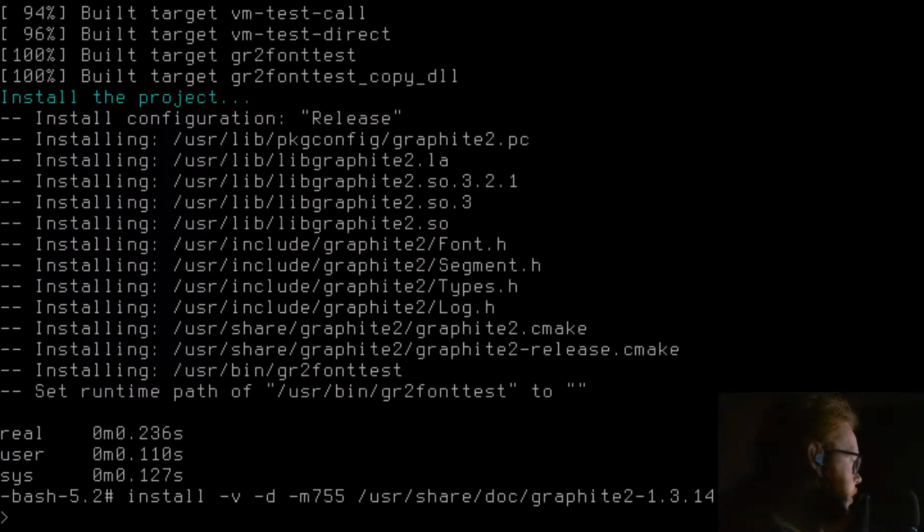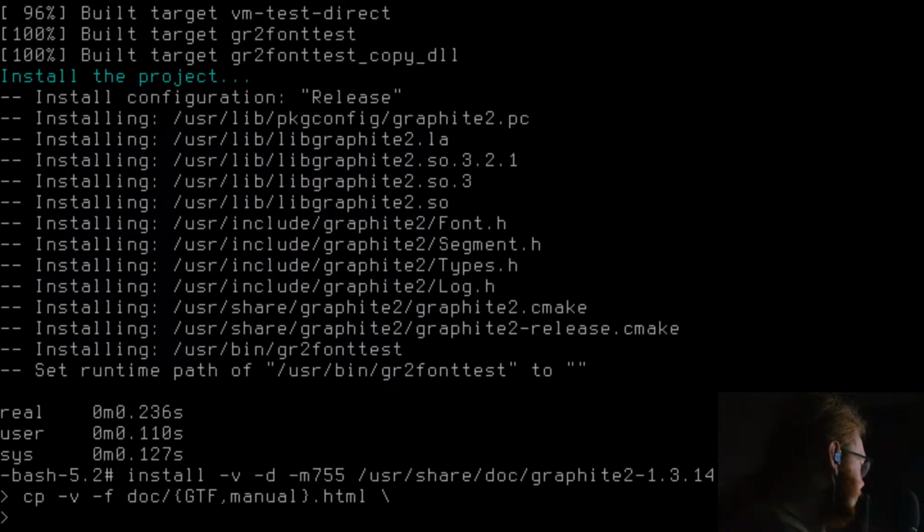And cp -v -f doc/{GTF,manual}.html /usr/share/doc/graphite2-1.3.14.